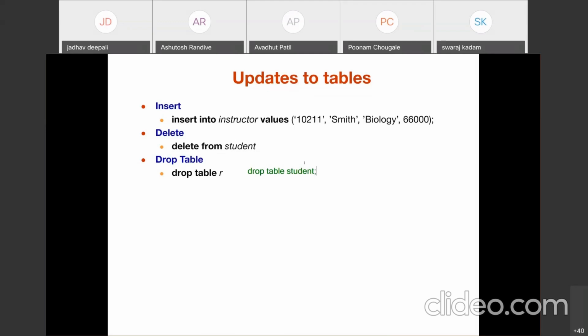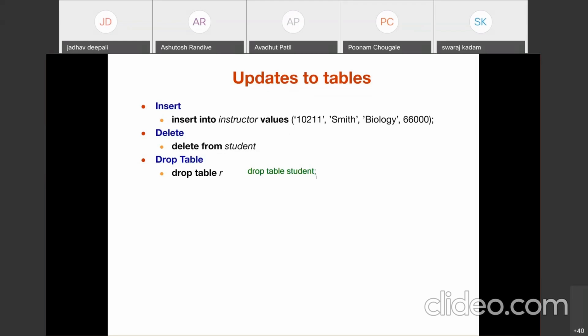And when I execute delete from student, what happens? It deletes only the tuples from the relation. The schema remains as it is. That is the difference between delete and drop command. Using delete command, we can delete the tuples from the relation, while when we use drop table command, it drops the entire table from the database. Everyone clear what is the difference between delete and drop?